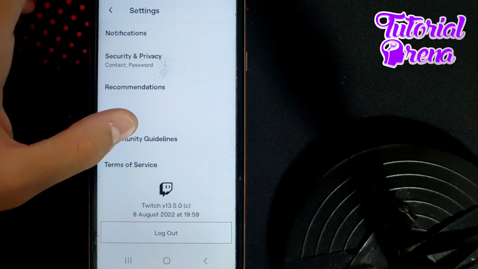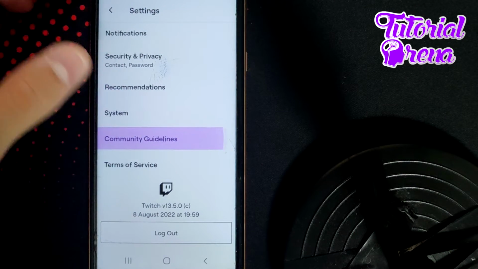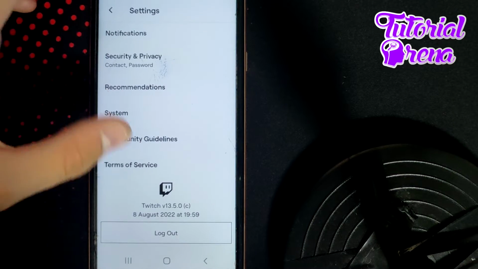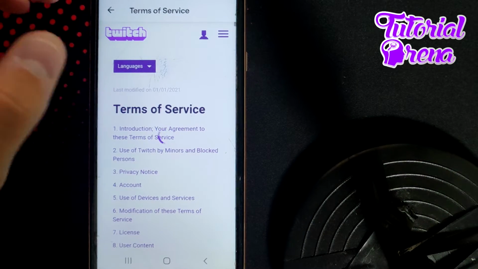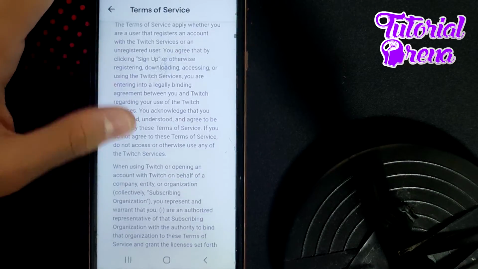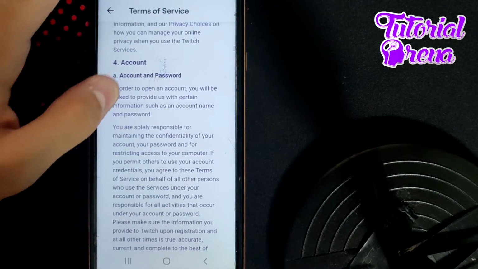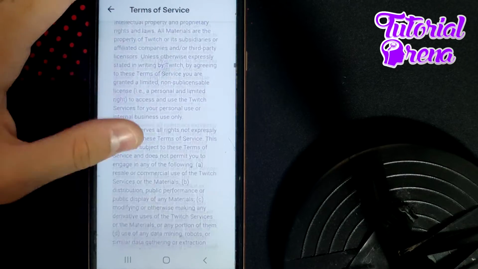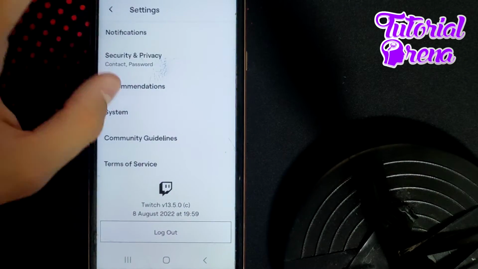That means you need to go for community guidelines, or you need to go to terms of service, where you're going to be able to find the right information. As you can see, you have these selections, and as you don't want to waste time,